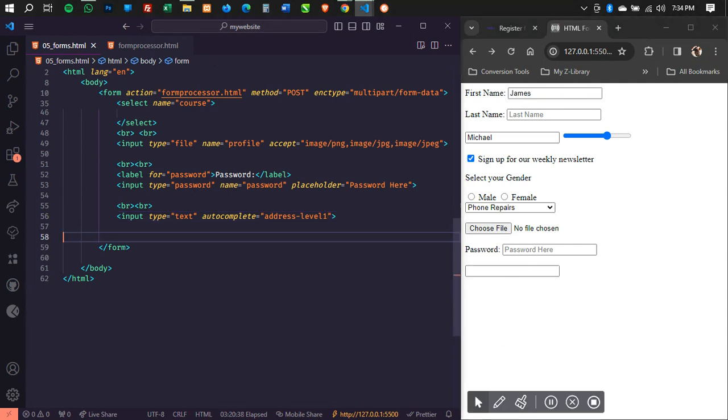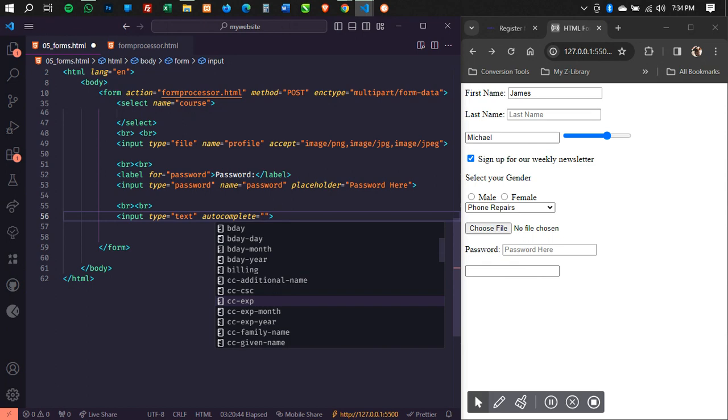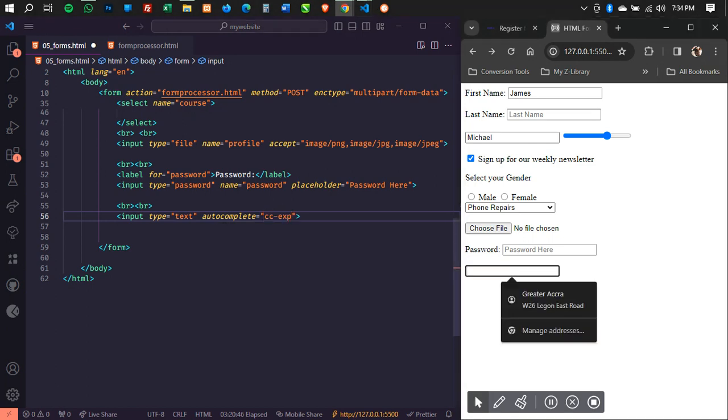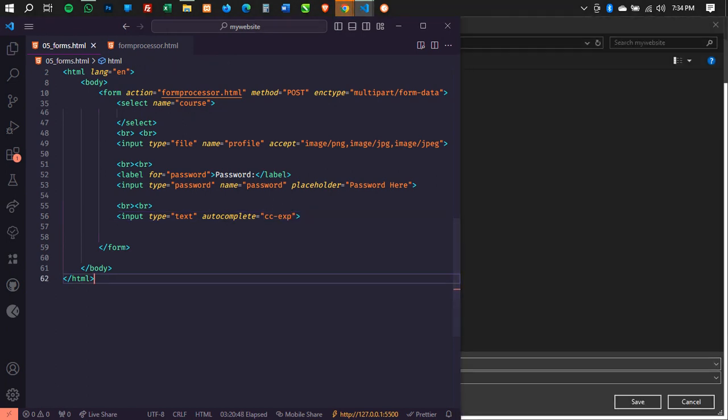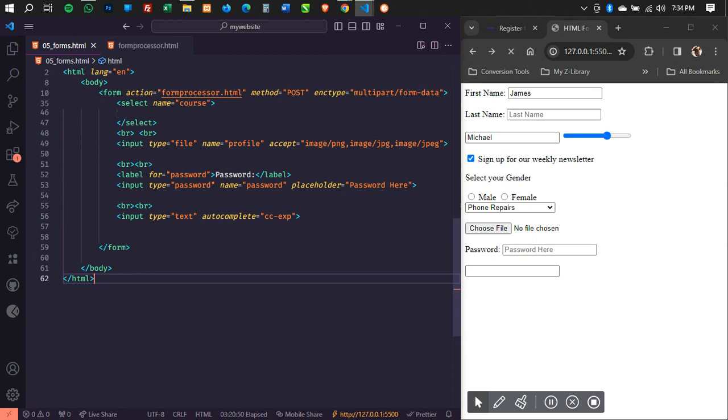So that is what the autocomplete does. And there are a list of values which you can pass, like credit card expiry dates, and if you've ever entered it, it's going to suggest that for you. So that's what the